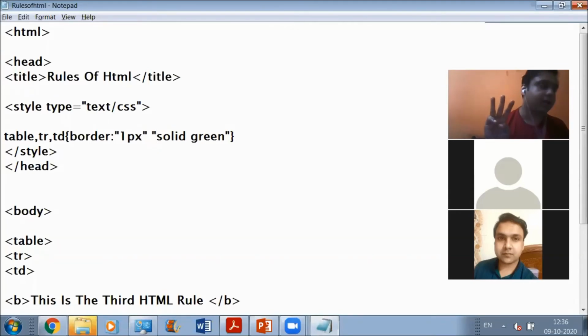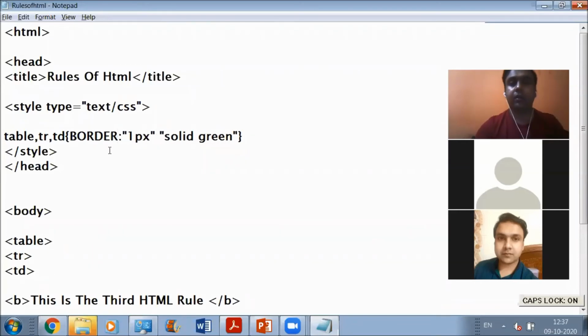जो थर्ड पॉइंट है हमारा, values given to the attribute should be enclosed within double inverted commas. Okay. Now comes the fourth point. Attribute values can be case sensitive. If suppose now also you are not able to get the required output, what you have to do, you can make it, you can define it in uppercase letters.